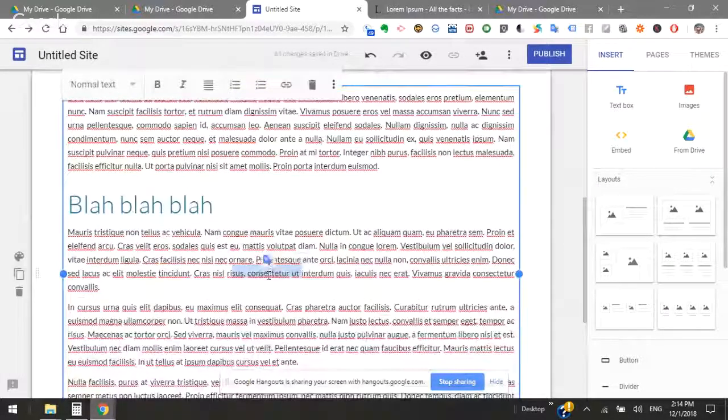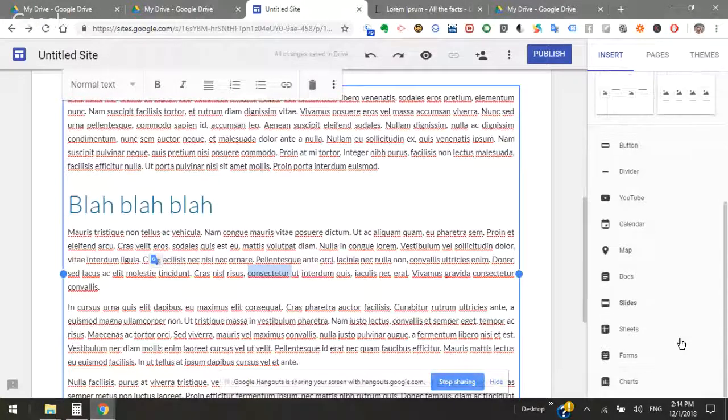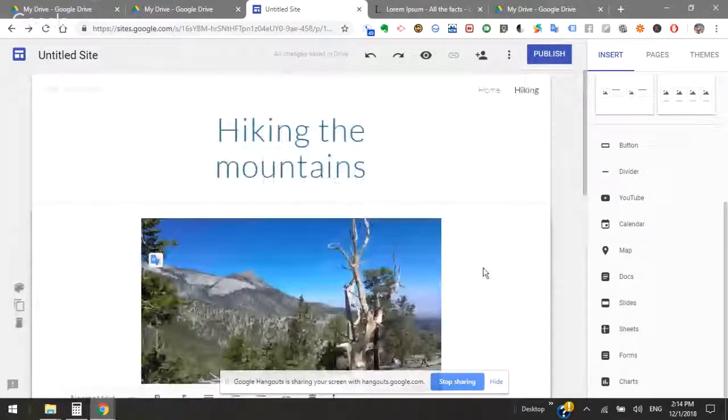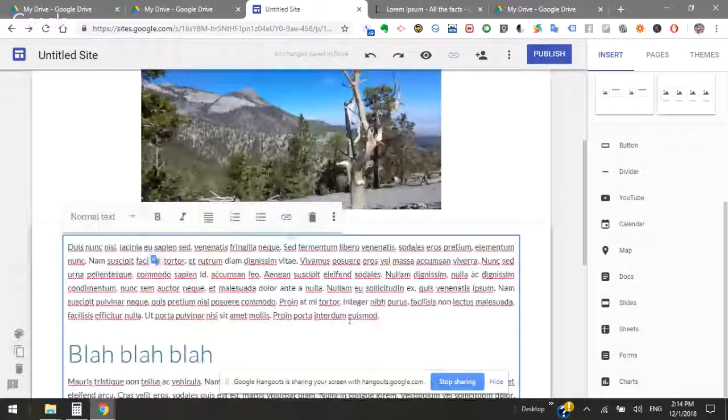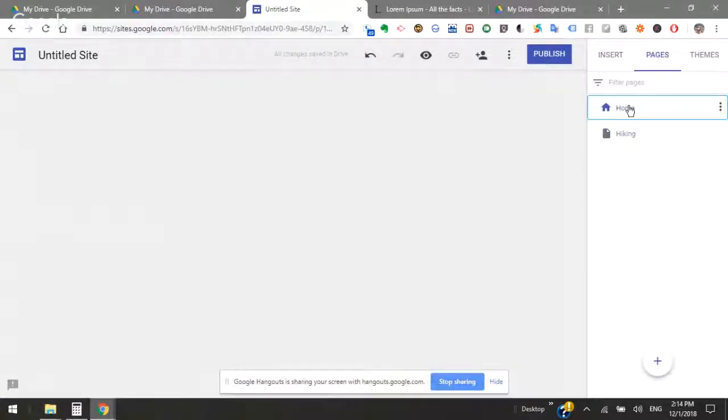We can also use the bold button here to make things bold if we feel like it, or italicized. And there are a couple other options that you can do as far as styling your text if you want to. Now, unfortunately, because this is such a bare bones kind of way of building things, there's not a lot of options as far as different text styles. I guess maybe the first thing I should have shown you was, if we go back to the home page,